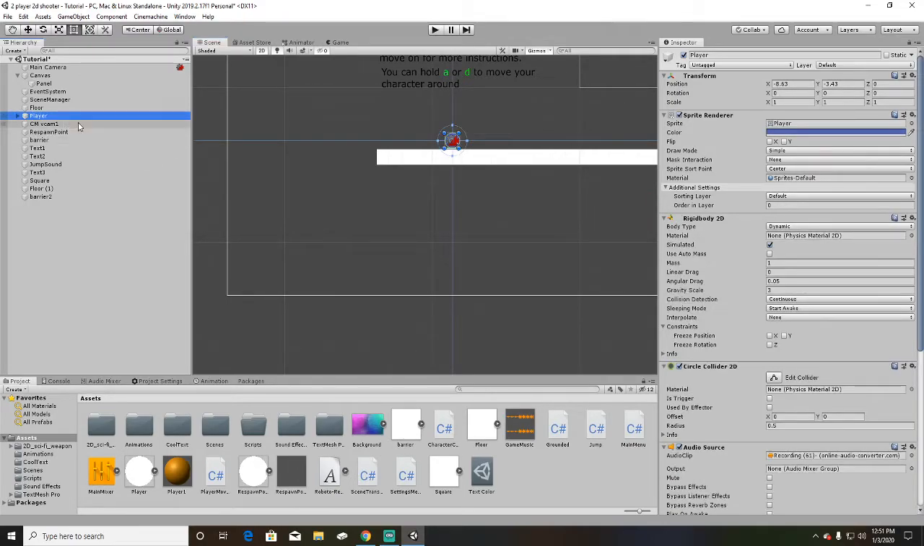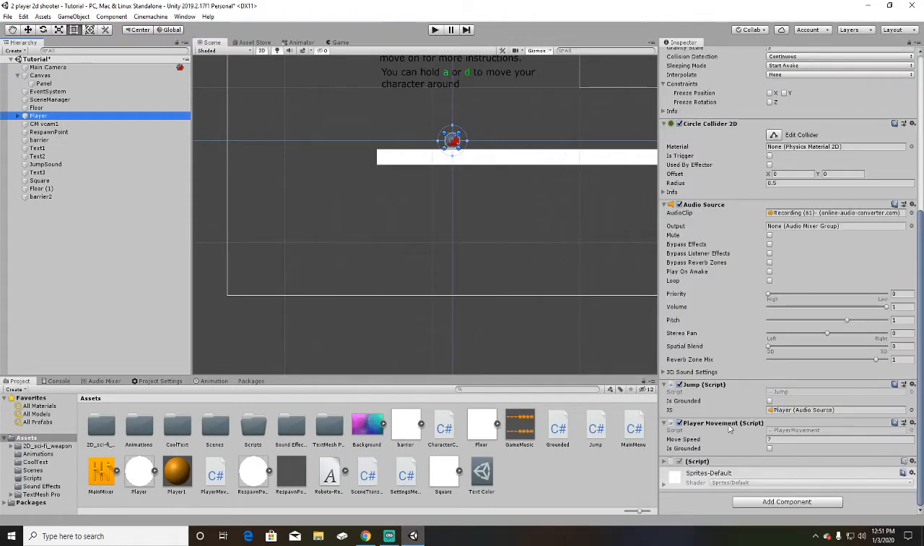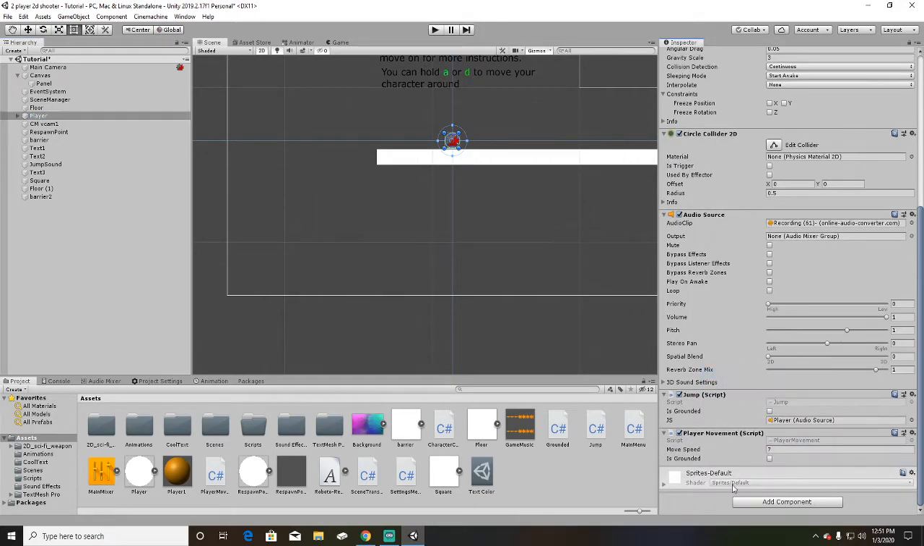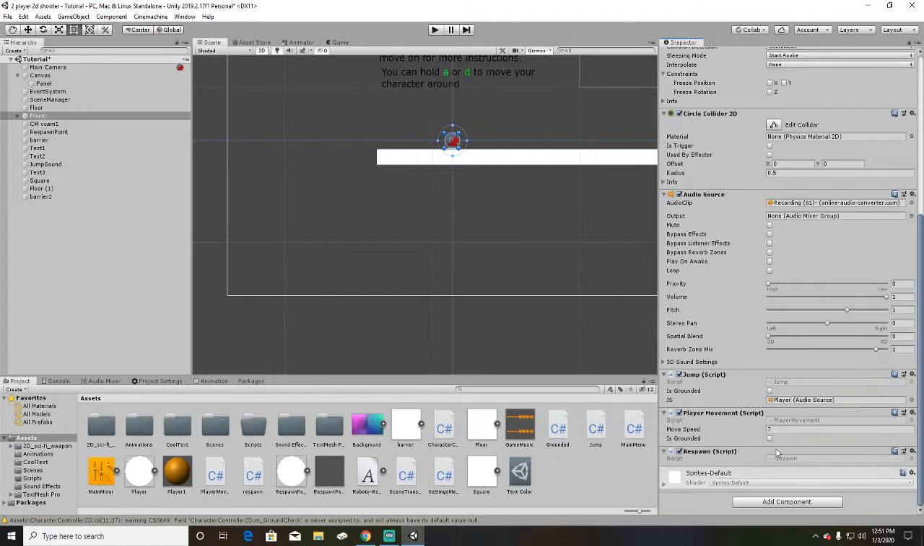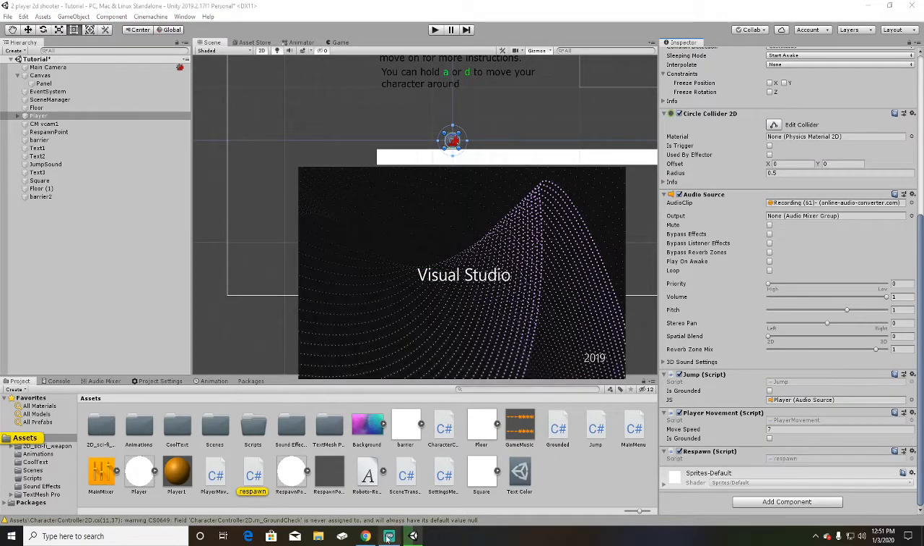And then go to your player. Hold on, let me remove this. So you want to add in a script. I'll just call this respawn, and wait for it to load. Okay, and then you want to open that up